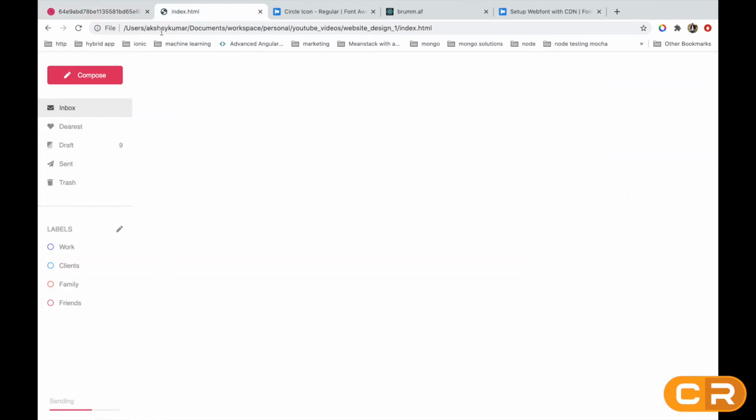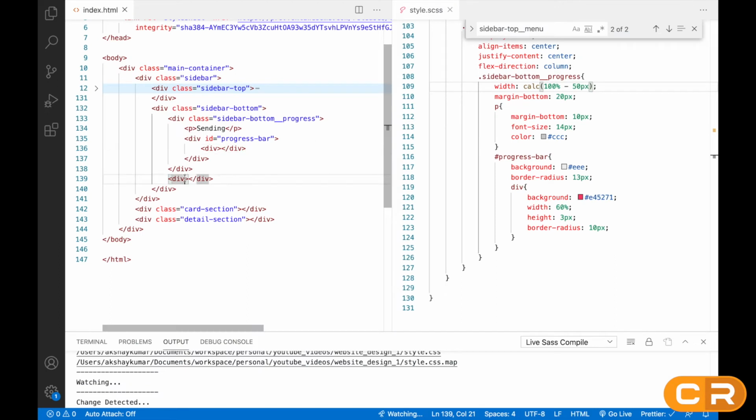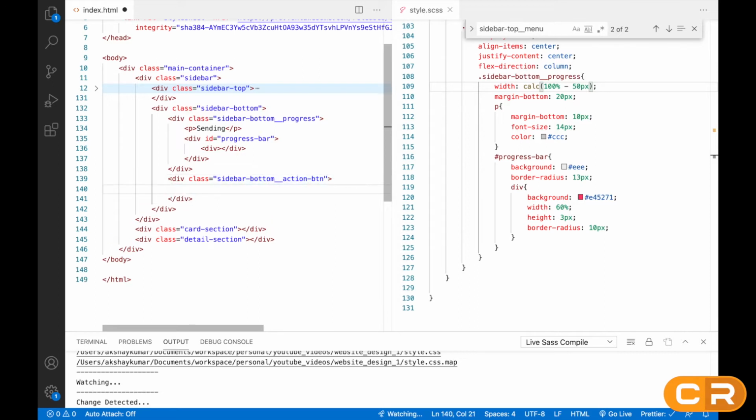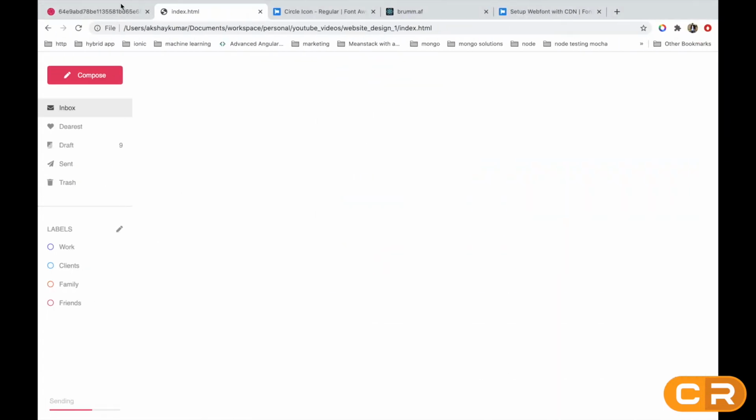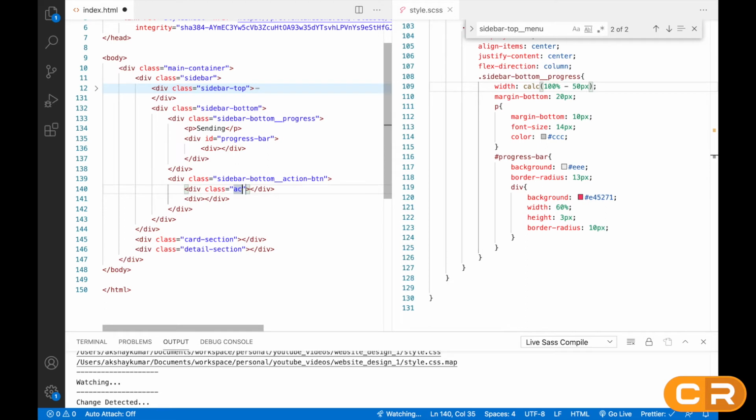Okay. So now after this, we need these action buttons also. So for this div, we'll give the class sidebar bottom action button. Okay. Here we'll create two divs, these two. So I will give the class name action button, right? So same thing will be here also.